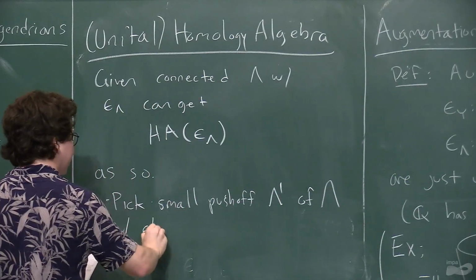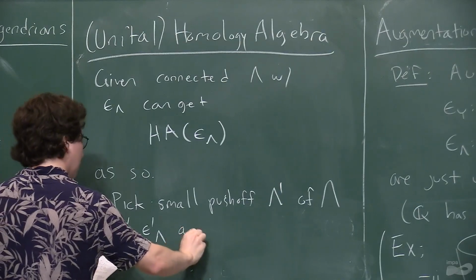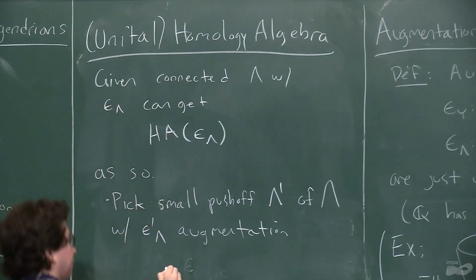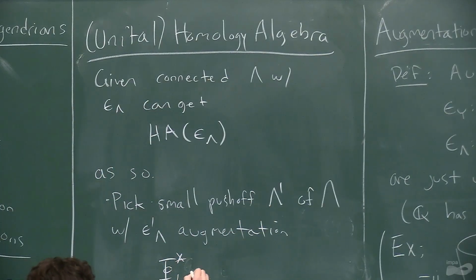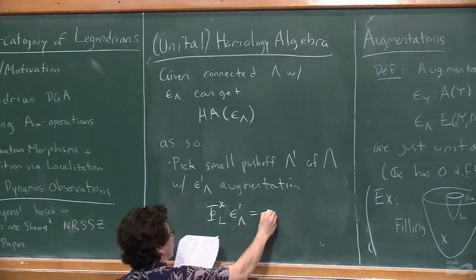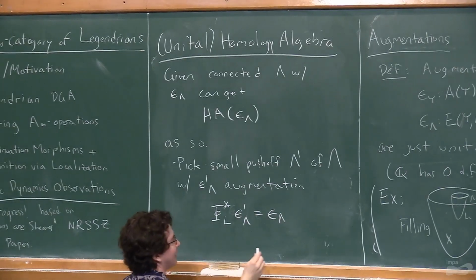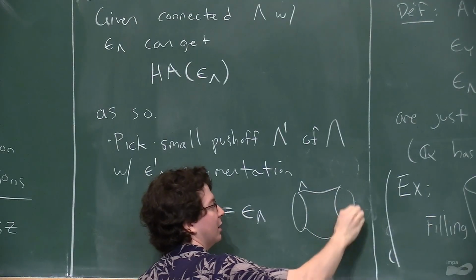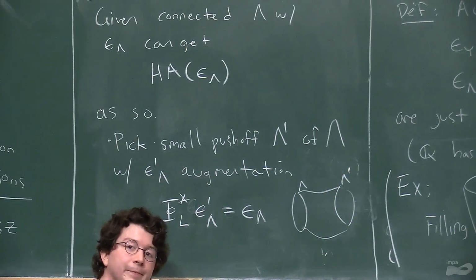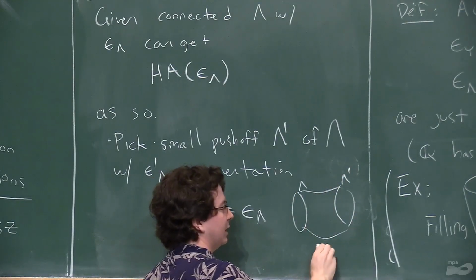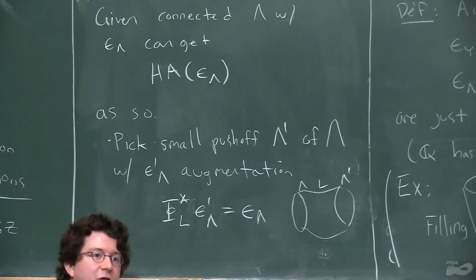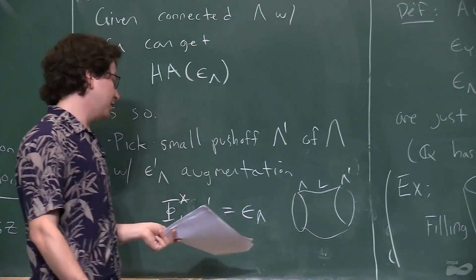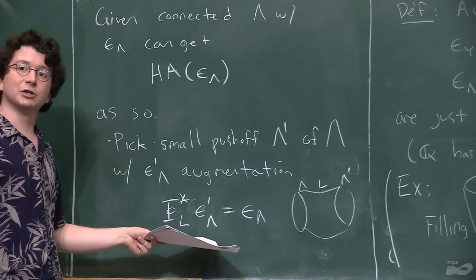And you give it an augmentation which essentially pulls back under some trace isotopy to the original augmentation that you had. So what that means is that you had lambda and you pushed it off by a small isotopy. And the trace of that isotopy gives you some Lagrangian cobordism in the symplectization between those two things. So you can pull back. You want these augmentations to be consistent in the sense that the augmentation on the original guy is the pullback of this augmentation on